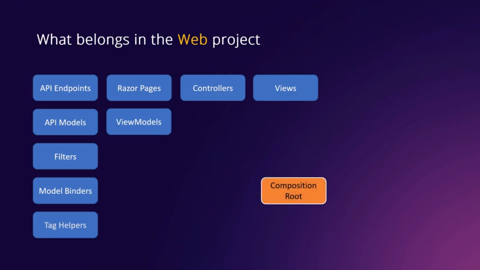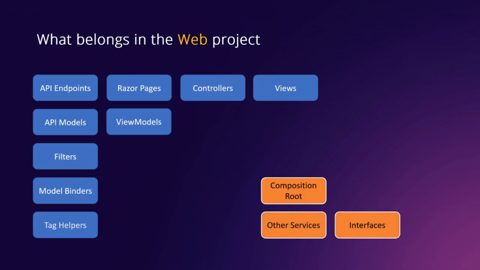Now, this also serves as your composition root for the application. This is the application entry point. And the composition root is where your dependencies are composed. And so inside of program.cs, you're going to have the service collection wire up all the services that you're going to use. It's going to specify service lifetimes like transient or scoped, etc. All that stuff's going to happen in the web project, or it's going to be kicked off by the web project. You may have other services with their own interfaces here as well.